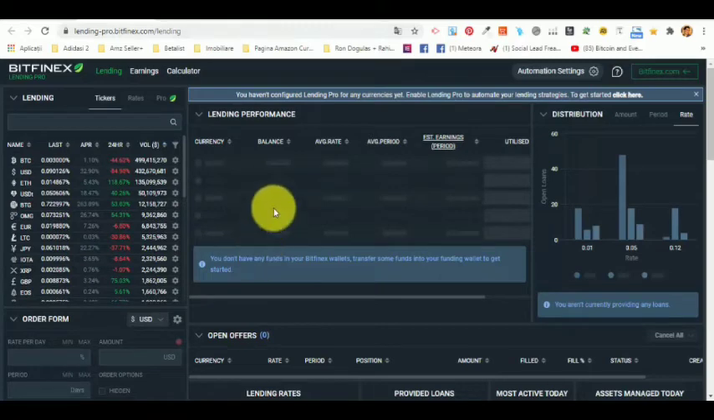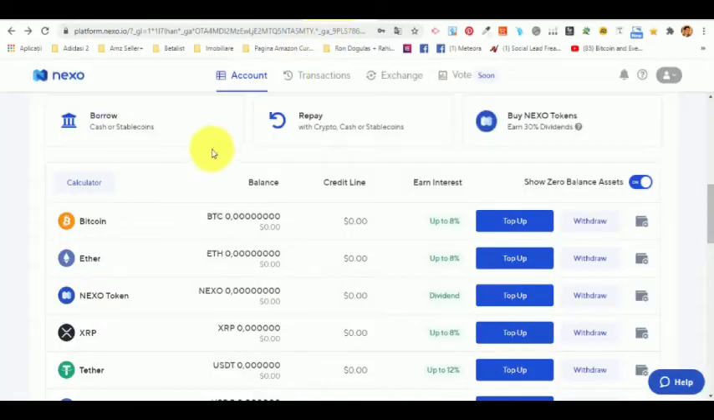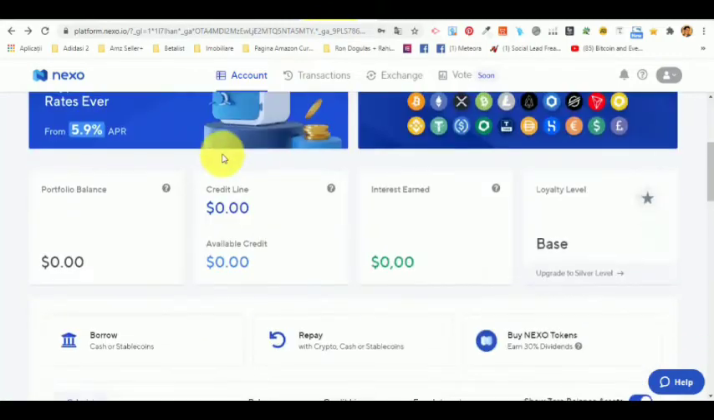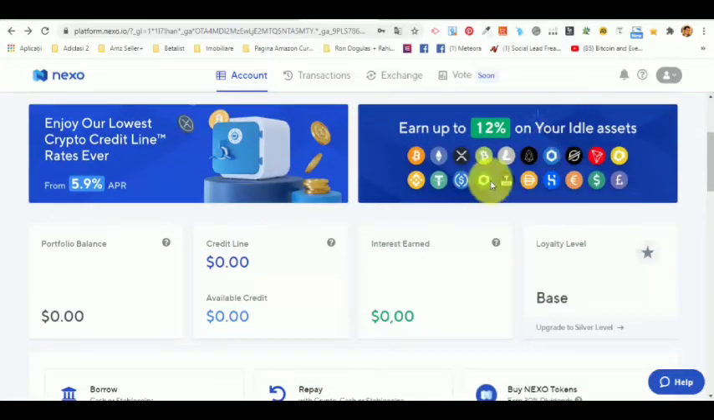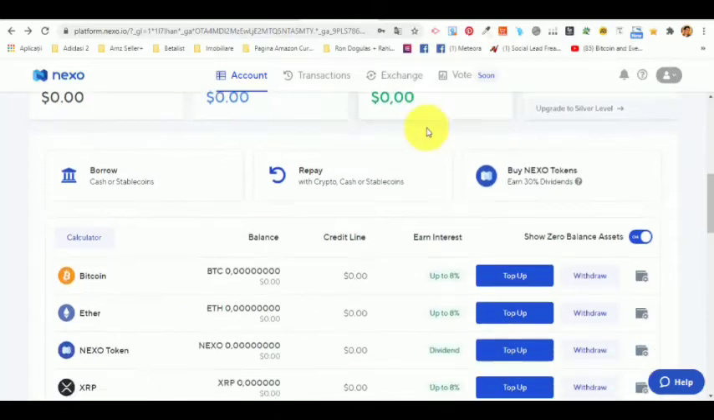Now, another platform where basically you can lend is Nexo, which is a custodian platform regulated by more institutions. Okay, so it's backed or insured by a bigger institution. And what you can see here, we have earned up to 12% on your idle assets, okay, which is a decent number. So if we are going to scroll down,